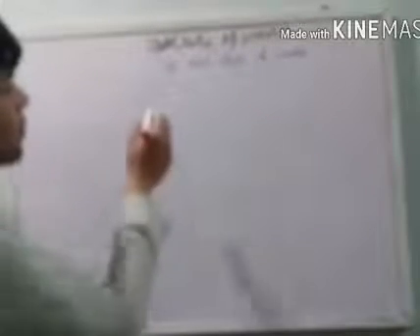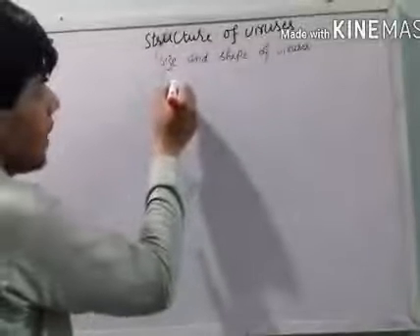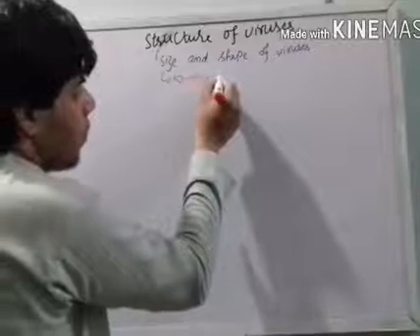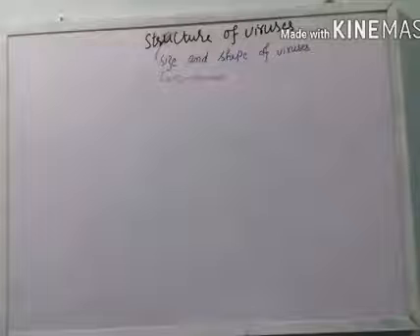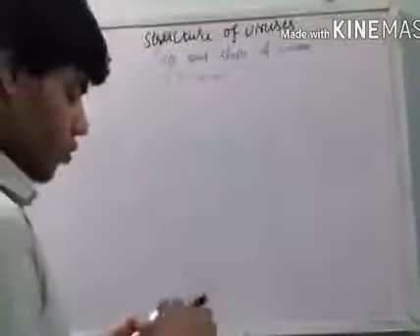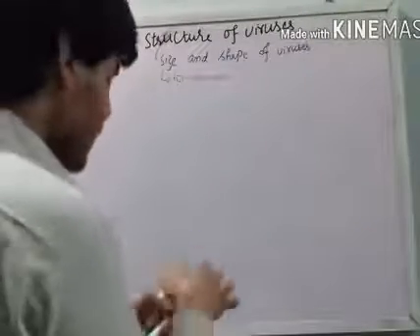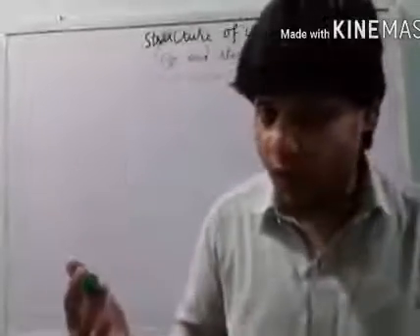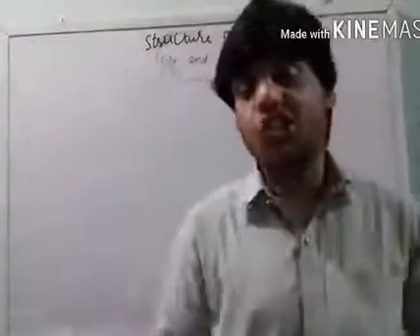Usually virus size is almost 10 to 400 nanometer. These are the actual sizes of viruses, 10 to 400 nanometer. We can see the virus with the help of an electron microscope. Whenever you want to see the structure of viruses, check the size of the viruses, or check the shape of the viruses,